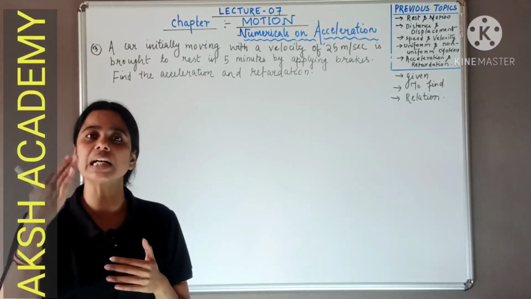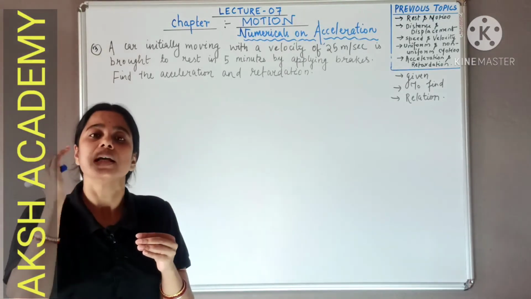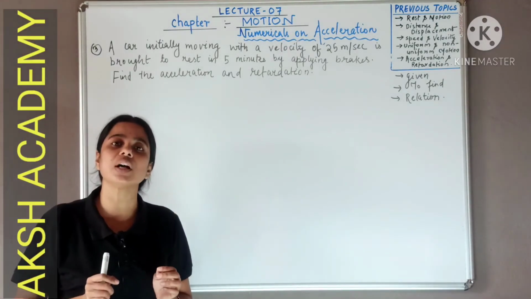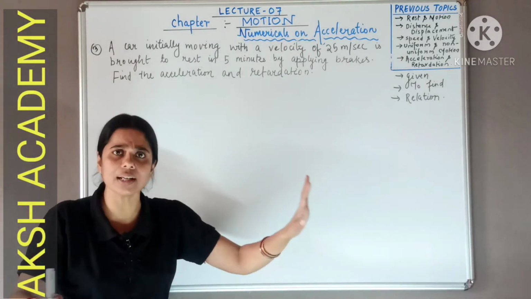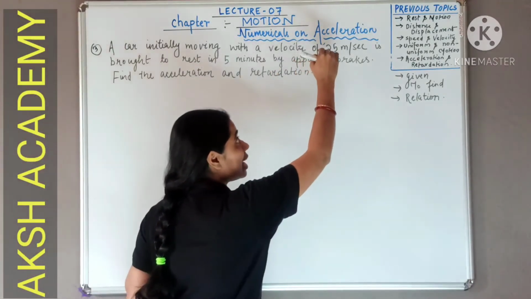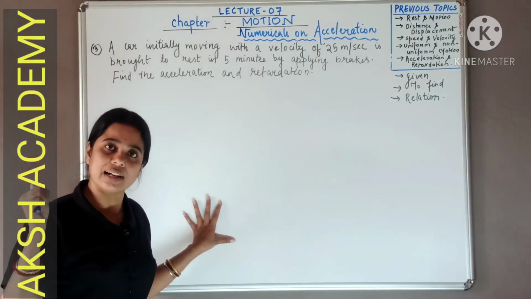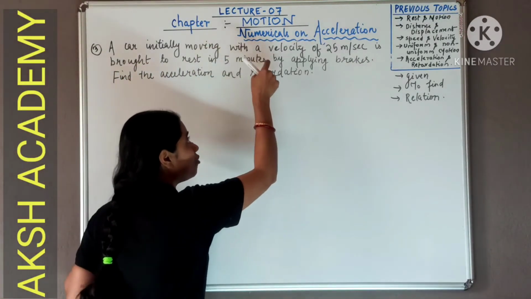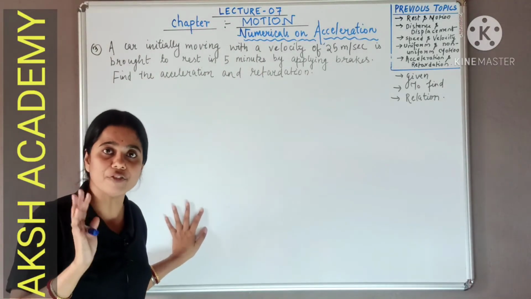With how much speed the car has started is not given. Now the car is moving with 25 meter per second, meaning the initial velocity of the car is 25 meter per second. Before that, what the velocity was does not matter. But now, when we are considering the distance, it is said that starting with 25 meter per second, the car has started applying the brake so that it comes to rest in 5 minutes. Means the time is fixed, the car should come to rest in 5 minutes.